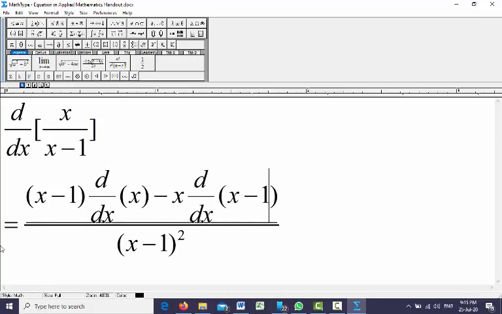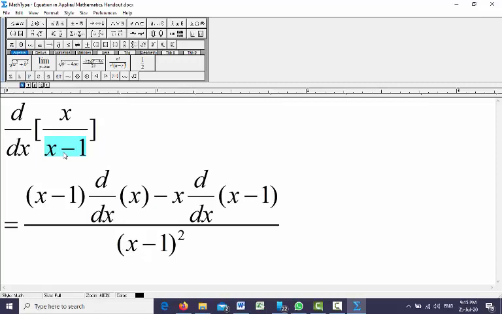So now let me recap the full formula. This is the division rule of differentiation. I'm saying again, if you don't want to move this one up, you can do it. If you move this one up, you can do the differentiation of this one using the multiplication rule. But if you don't want to move this one up, then you can still do it.